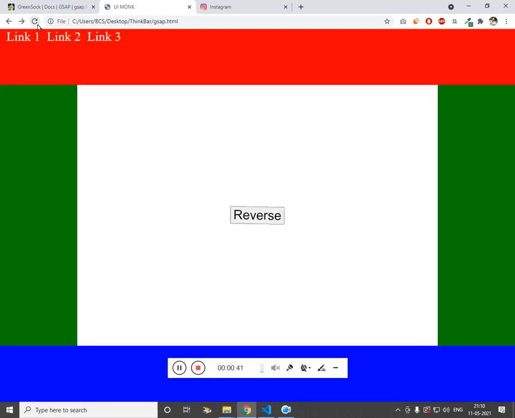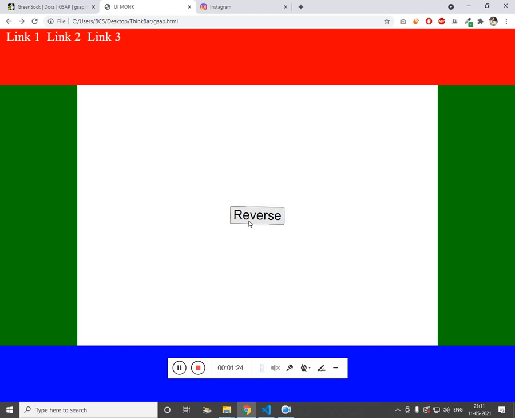Previously we were using animate.css. It's a CSS library. You know how difficult it is to use animate CSS for delay and duration. Here GSAP has a new technique called timeline. What timeline does is, if you have a header, a footer, and a sidebar, I place my header on the timeline, then I place my sidebar on the timeline, and then I place my footer on the timeline. First it will show the header, then the sidebar, and then the footer. So it eliminates the heavy use of delay and duration.